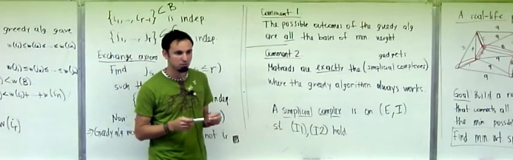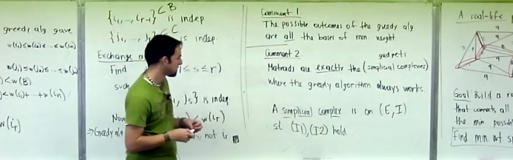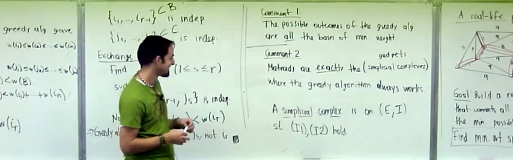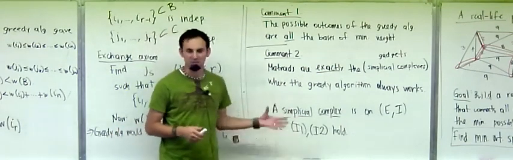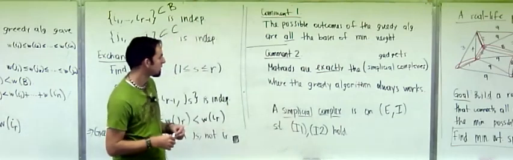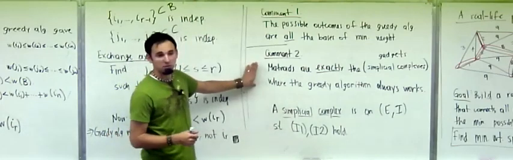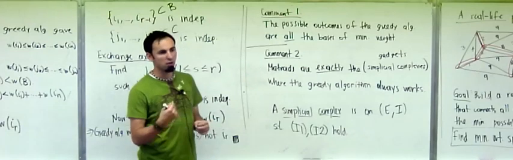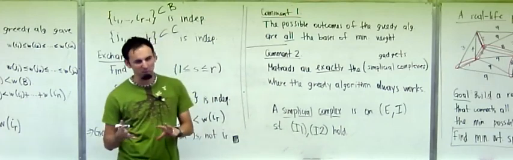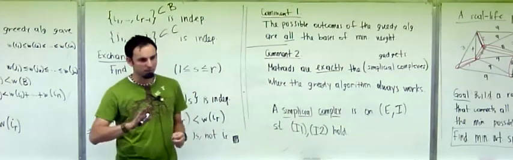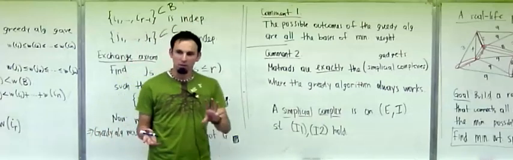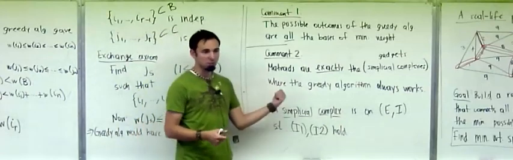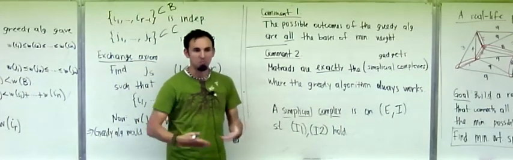Question? Don't people usually say abstract simplicial complex when they state that definition? Some people, not everybody. Some people call this an abstract simplicial complex, and some people just call it a simplicial complex. This is proved in the notes. Just Axiom 1 and Axiom 2, not Axiom 3? In other words, remember, we felt like Axiom 3 was a little bit strange. I mean, 1 and 2 were completely obvious that independence should satisfy that. 3 wasn't so natural, perhaps. Well, this is showing that Axiom 3 is exactly equivalent to the greedy algorithm working. And so this might be a good justification for why